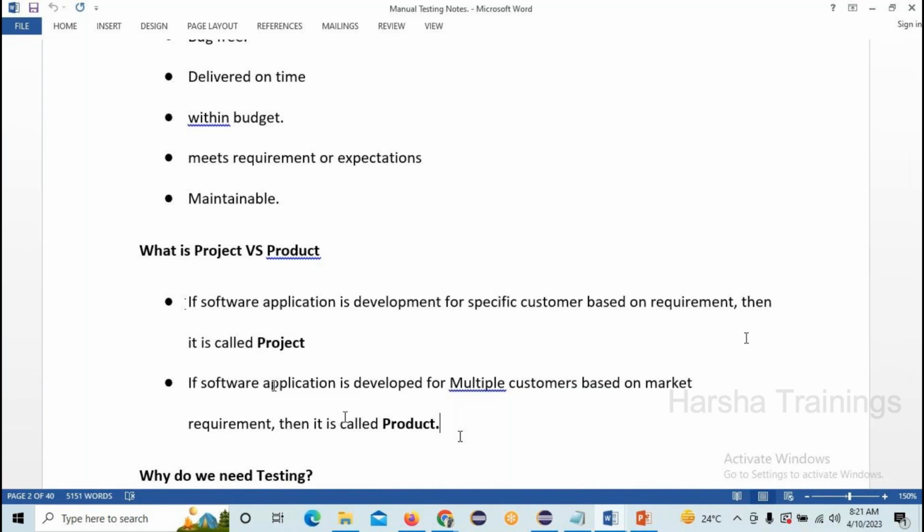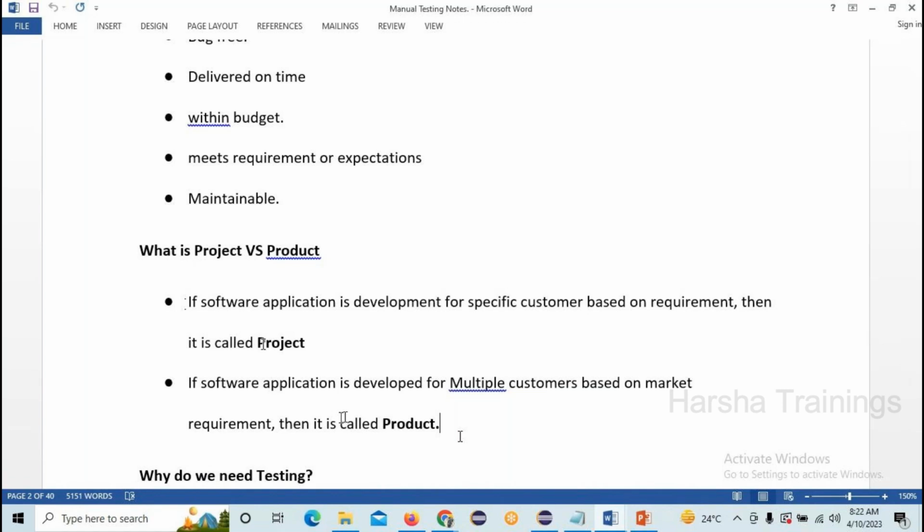That is called a project. But a product, you may see Amazon Web Services. It's a cloud platform. It's a product because we are selling it to multiple customers. It was developed by their own company and they are selling it to the public as per the market requirement. Then it is called a product. Seems you guys are clear.